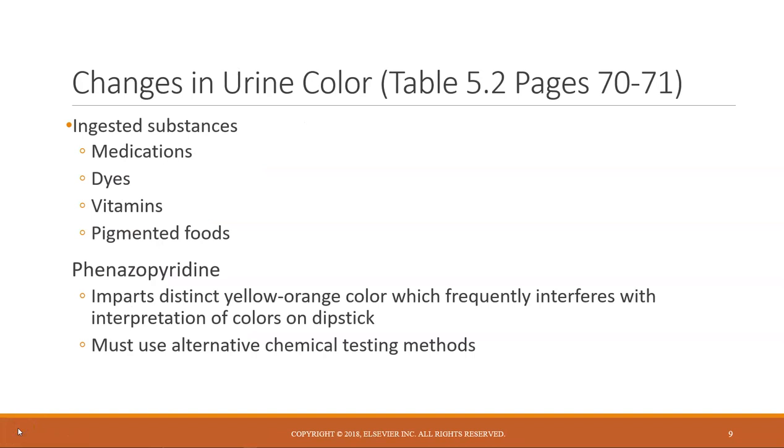Ingestion of certain substances will cause changes in urine color. Certain medications, dyes in food coloring, vitamins, especially vitamin B, will turn the urine bright yellow. Pigmented foods, such as fresh beets, may turn the urine pinkish. There's a medication, phenazopyridine, that imparts a distinct yellow-orange color which frequently interferes with the interpretation of colors on a